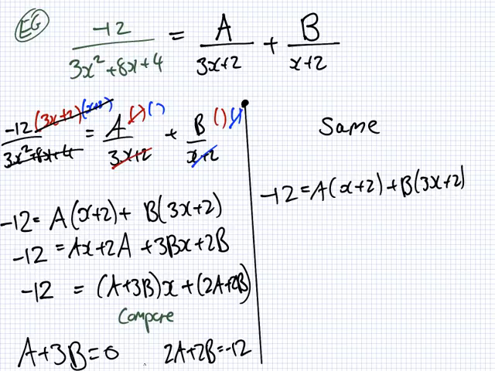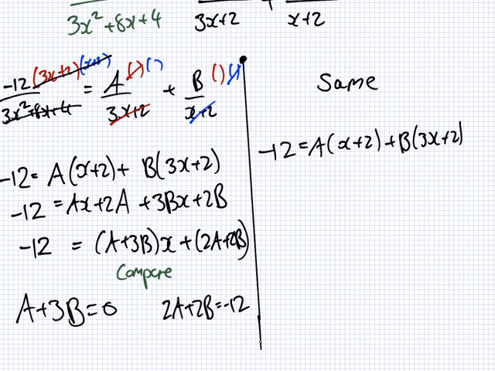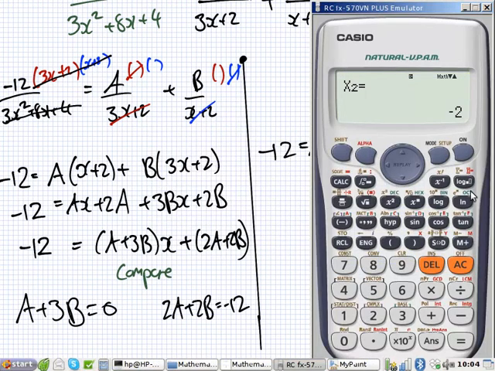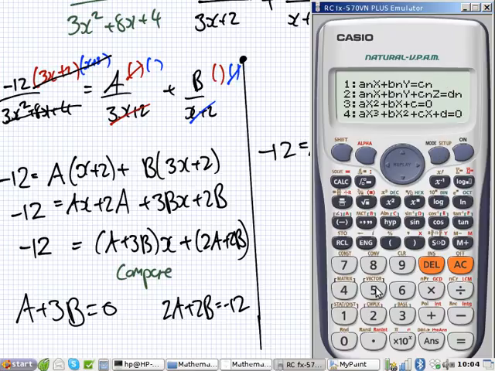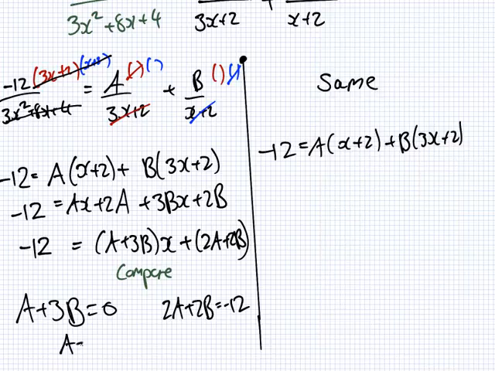Now, can you find a and b here? You remember this in semester 1? It's simultaneous equations, two equations. So I'll just get the calculator to do it here. Mode 5, 1. 1, 3, 0, 2, 2, and minus 12. Minus 9 and 3. That's one way to do it. Another way to do it, kind of an interesting way here, is